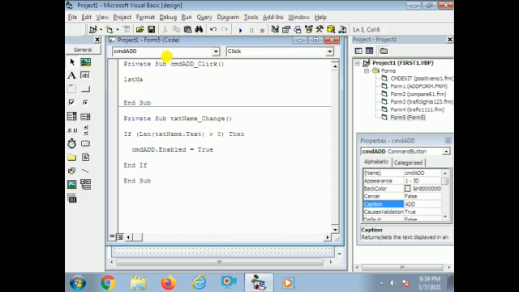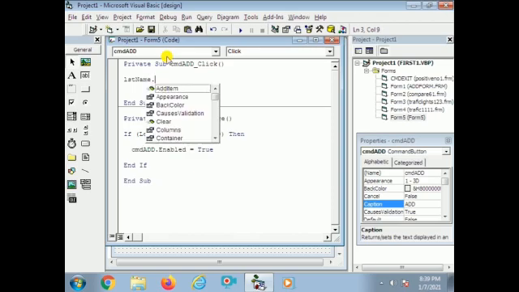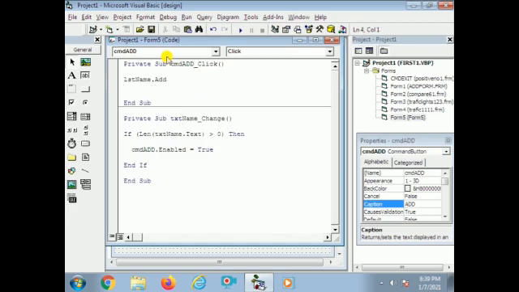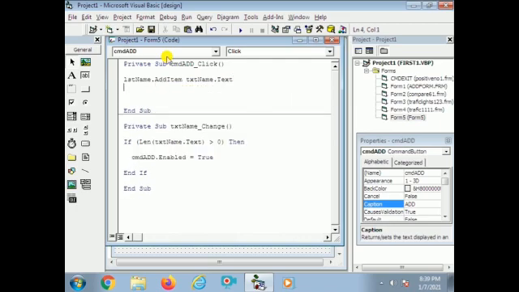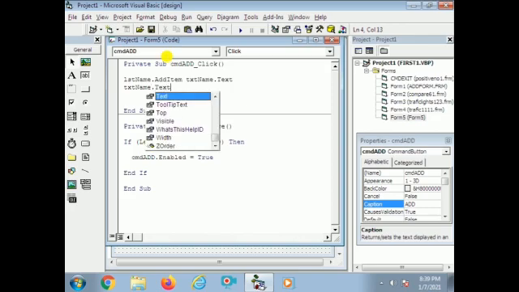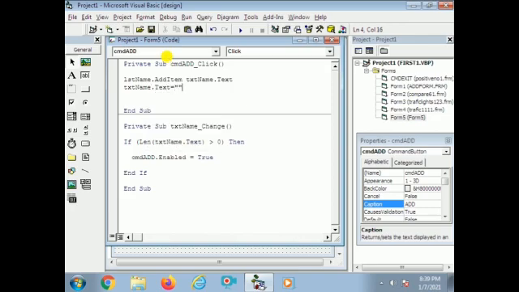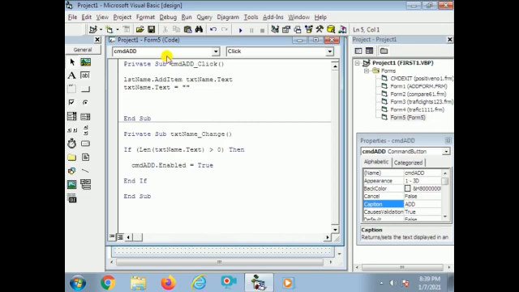So now I write the code for the add button. When will this add button be enabled? When you enter at least one character in the text box, only then will the add button be enabled. So that is one condition. I want to add an item to the list box from the text box. What you enter in the text box, that item I want to add in the list box by using